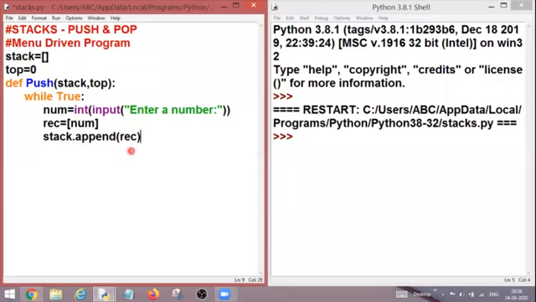After that, I'm going to calculate the top because lists are mutable in nature, which means we can add elements in our list and we can remove elements from the list. So the size of the list varies according to the number of elements in it. Each and every time I need to calculate the top element, that is, where is it right now? How many elements are there in my list?